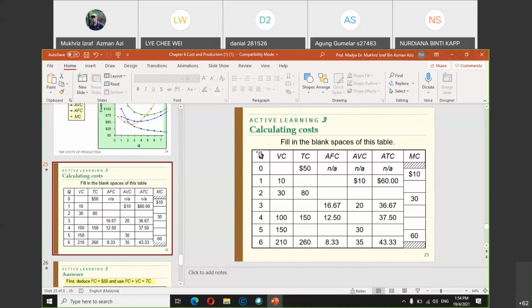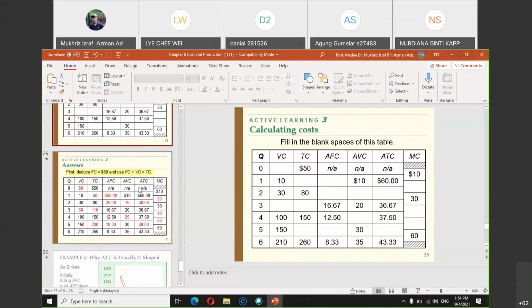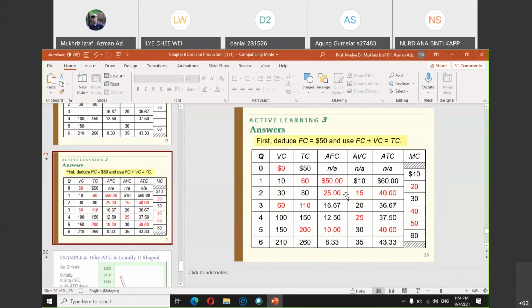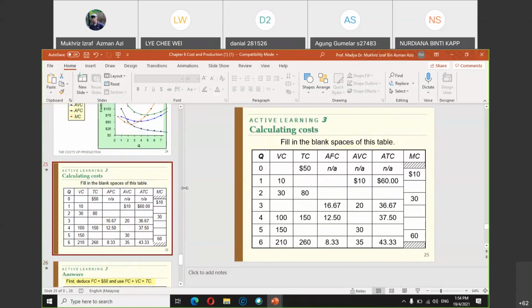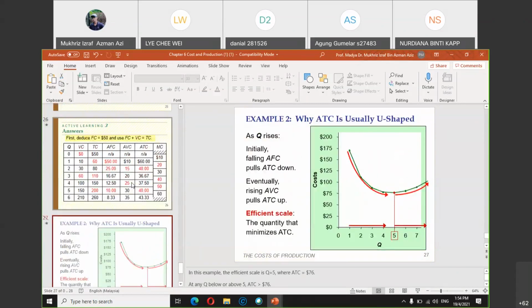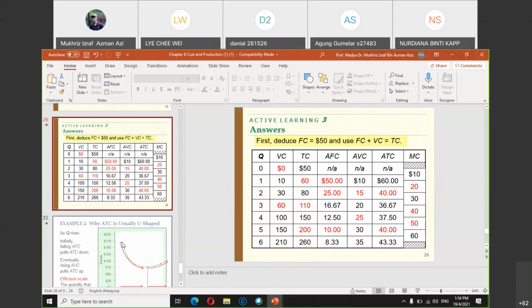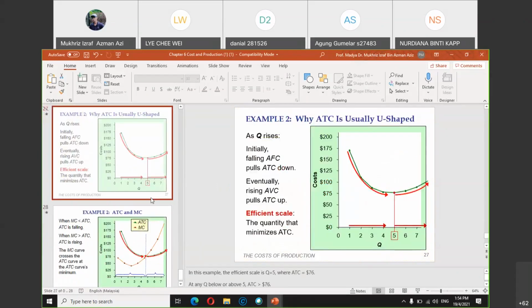So you can create another column for your fixed cost, and then you can solve the rest of this, which is what you get here. Of course, the best thing is not to look at this answer, and practice this on your own before you refer to the answers here. So the rest of the slide, just focus on